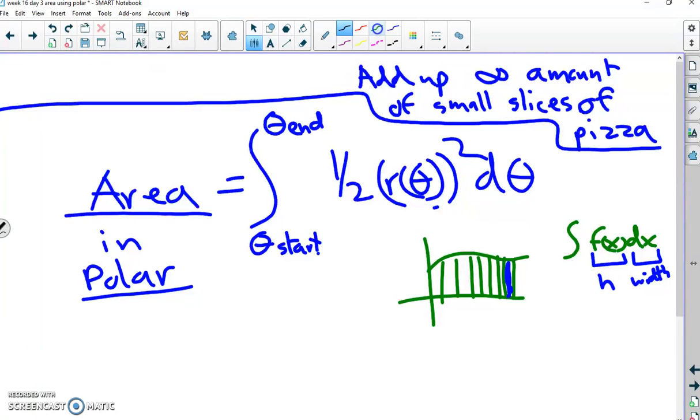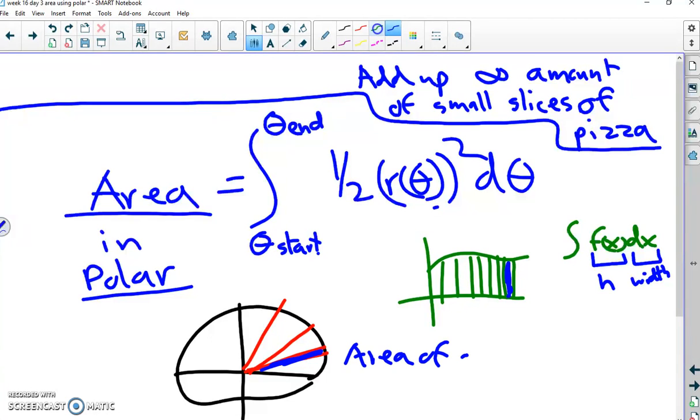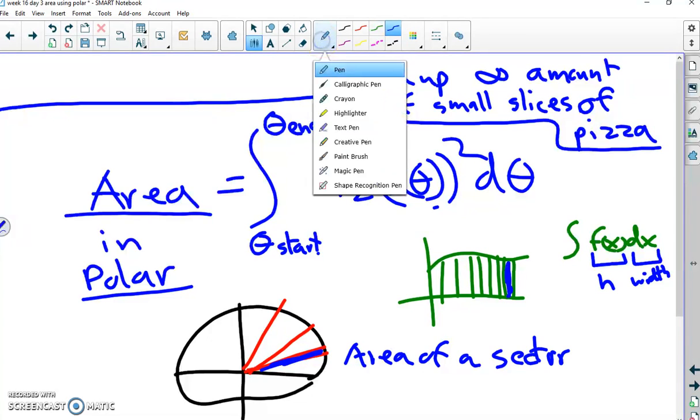The whole idea in polar world is you're not doing rectangles, you're doing little slivers. And the question that some of you might remember from geometry is, what's the area of a sector? The area of a sector is